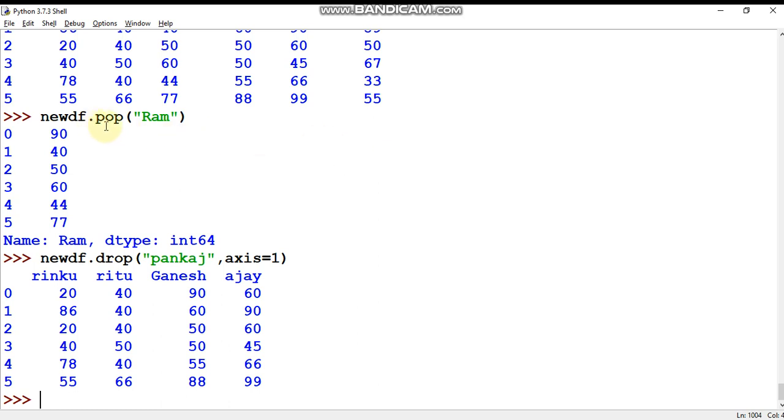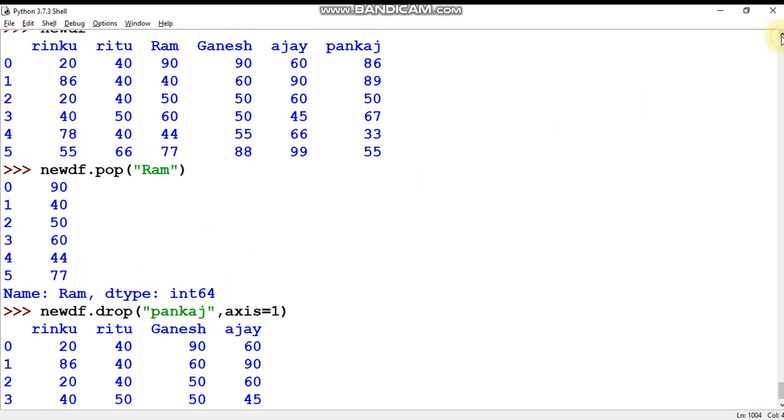But in the pop method, when we use pop to delete a column, the deleted column will be displayed just after executing this line. But in the drop method, the deleted column will not be displayed. Remember, see here, when we use drop Pankaj, the Pankaj column has been deleted from the data frame new df, so except for it, all the remaining columns will be displayed.